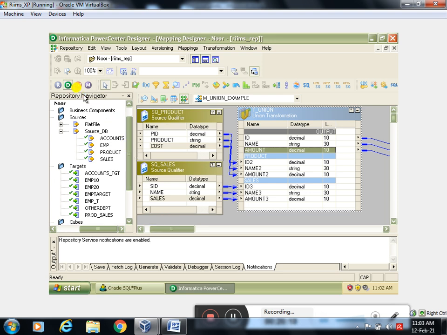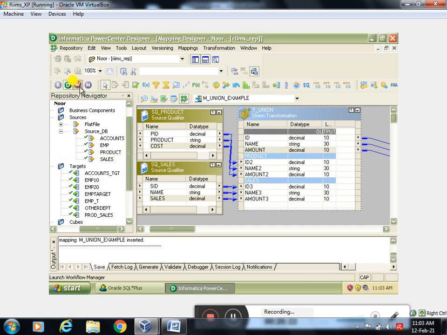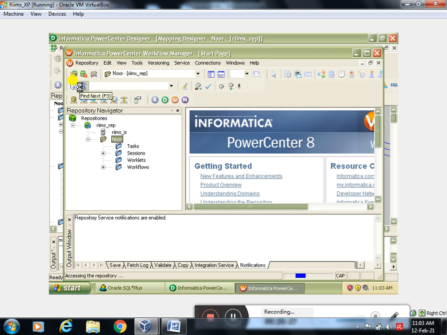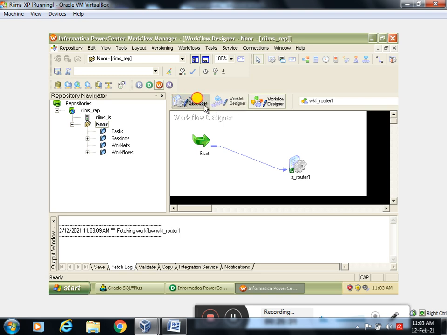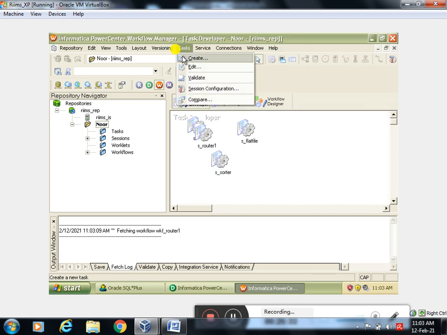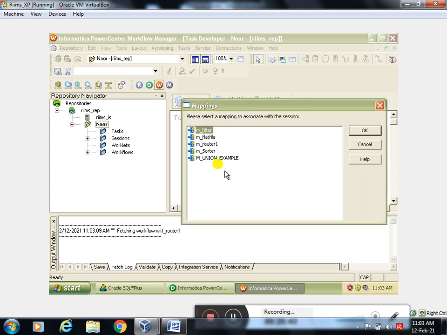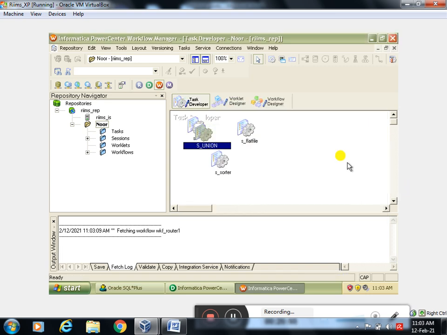And as usual the routine is repository, save, workflow. In workflow, first we need to create a session. To create the session, we need to select task developer, task, create, session name s_union, create. Here I have my union mapping, done.